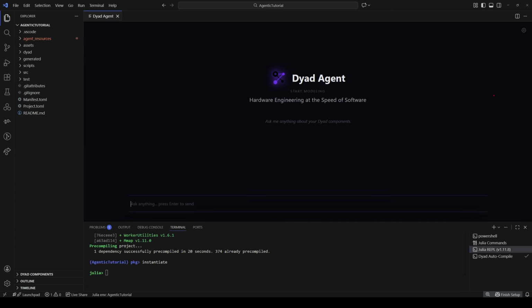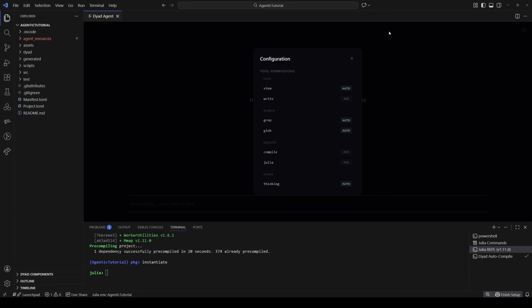The first thing I'm going to do is open up the settings in the upper right-hand corner, and configure all the permissions for the agent as I want them. You can see here that auto means the agent always has permission to do these actions. In this case, the view, grep, glob, and thinking actions are automatically allowed. And you can see the write, compile, and executing Julia options are set to ask,